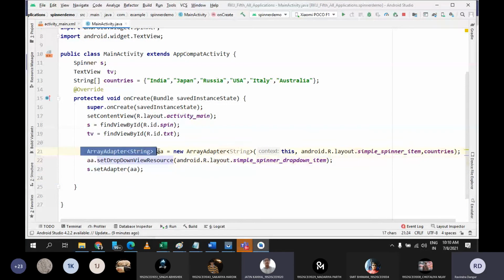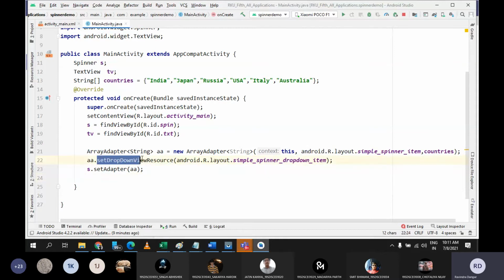See, once your adapter is ready, you need to use the setDropDownViewResource method. You need to call this method. Then and only then, whatever items you have inside your array will be represented as a drop down. Until and unless you use this method, those items do not get displayed as a drop down. So that is why I need to use this method.